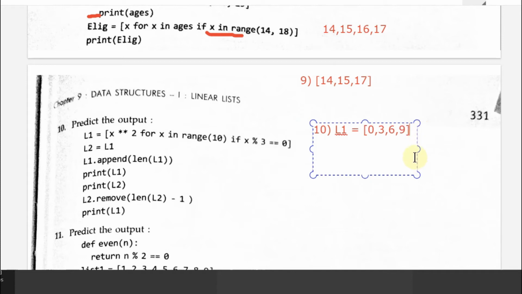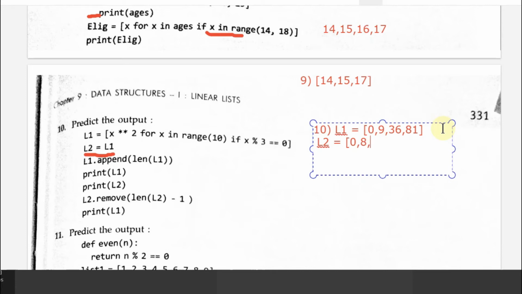These are the numbers which will be there in the list L1, the possible values of x. But here they are telling it as x power 2. X power 2, in a sense, 3 3s are 9, and here it comes as 36, and here it will be 81. Okay. So in the next line, they are trying to initialize L2 is equal to L1. If I'm initializing in this manner, both are going to point to the same memory location. So L2 will also have the same set of values, and any changes in L1 will be affecting L2 also.